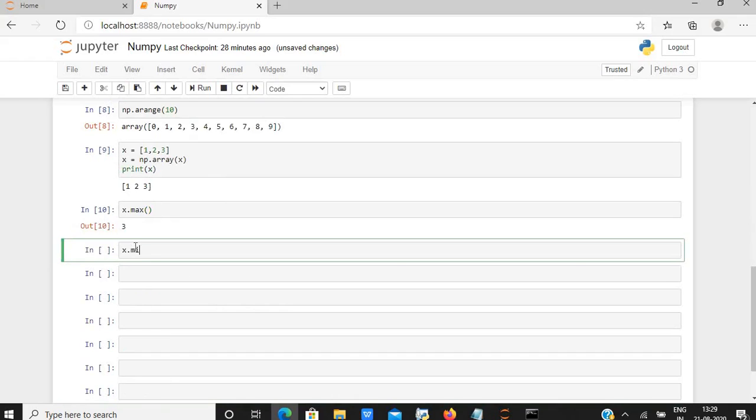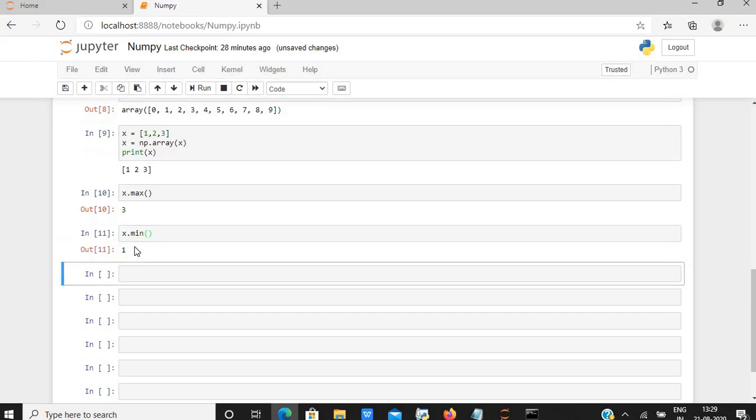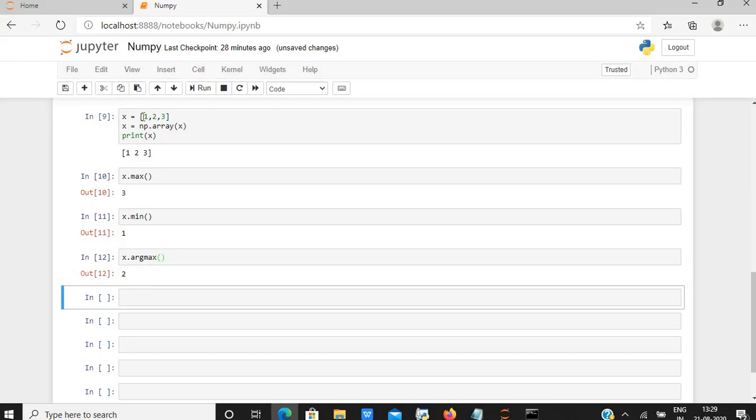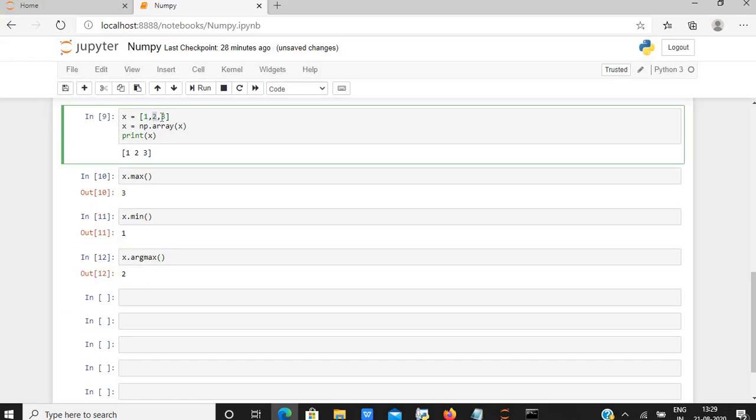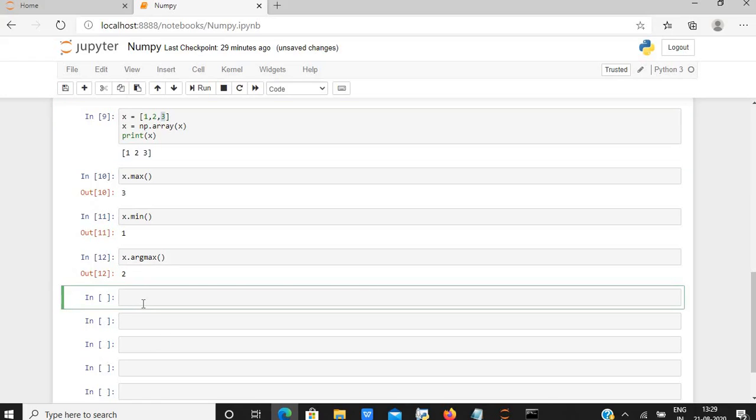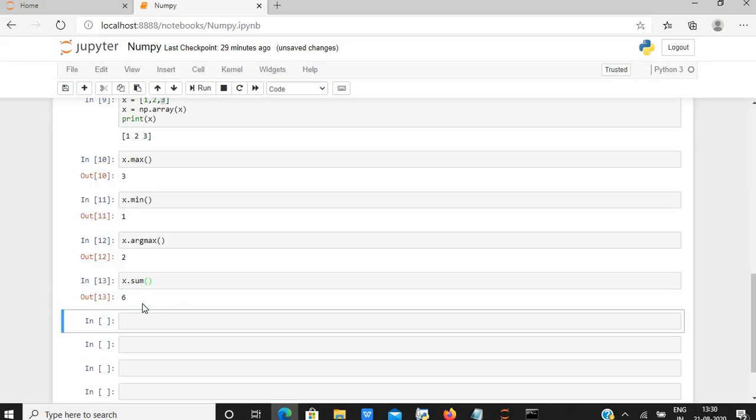Similarly, x.min. The minimum value is 1. To get the index of the maximum value, we will just type x.argmax. As you know, the index is 0, then 1, and then 2. So the index for 3 is 2. In a similar manner, we can get the sum. x.sum is equal to 6.